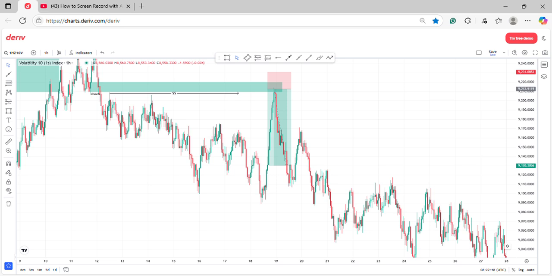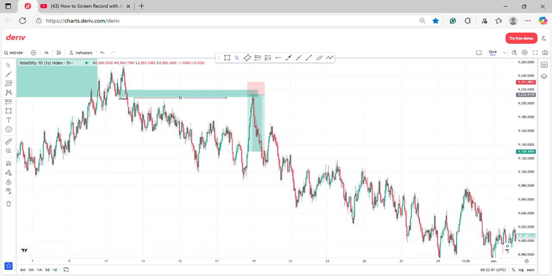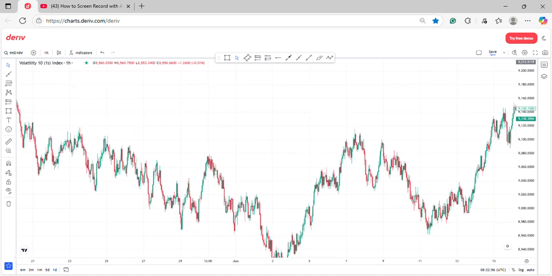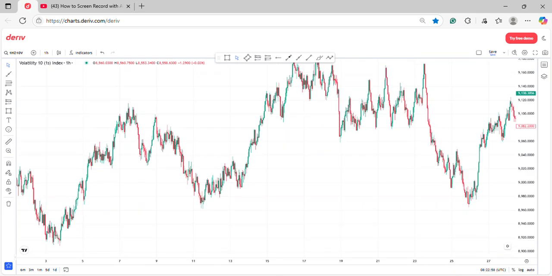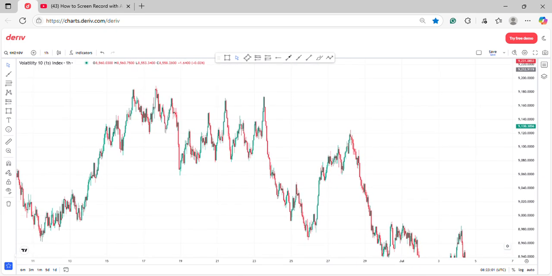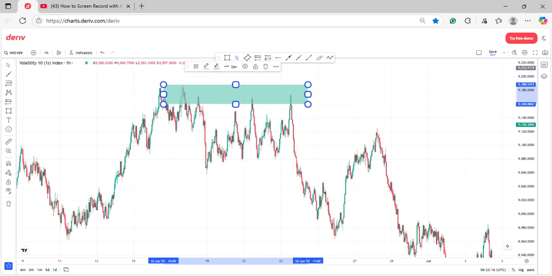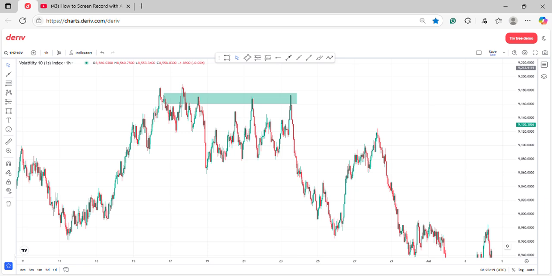There is still more to it, unlike a premium and discount zone, how to actually mark out these premium and discount zones. So now price is bearish, right? You don't have to overcomplicate it. You can also see this pattern formed here. You can see higher highs, higher lows, and price reacted at this level. Price was supposed to hold at this level, but it didn't hold. So we are also expecting price to